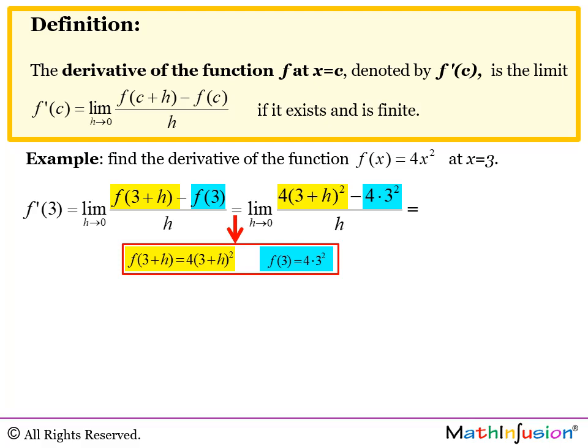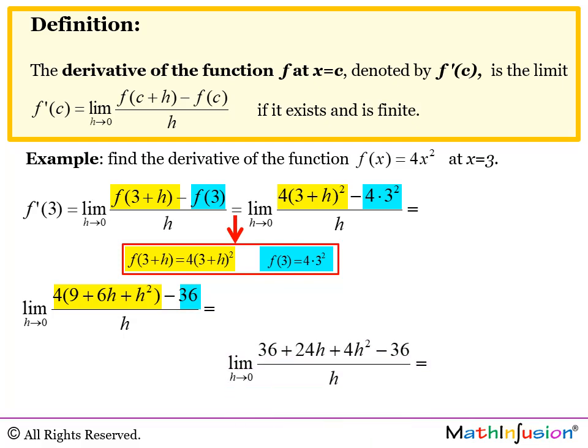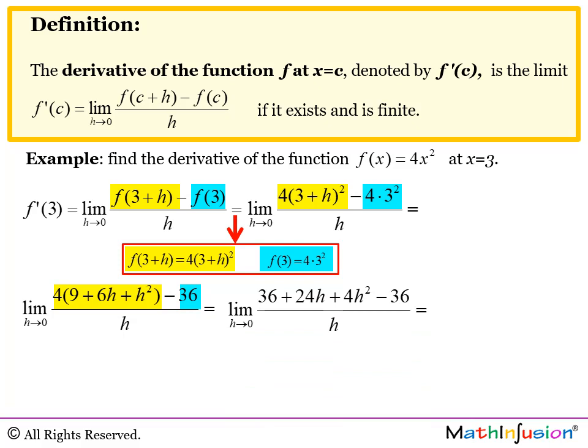Now we have to do some algebra. First, I'm going to expand the (3 plus h) to the power of 2. Now we will multiply everything out, we will distribute the 4, and we get that. And now it's the fun part of cancellation. We can cancel that one, and we get that. Now we realize that if we would like to take the limit when h approaches 0,